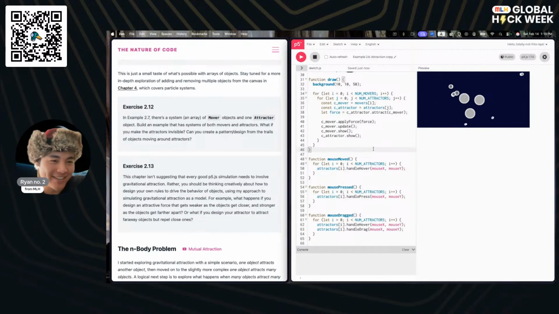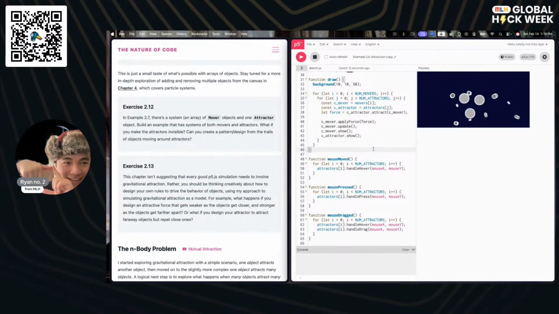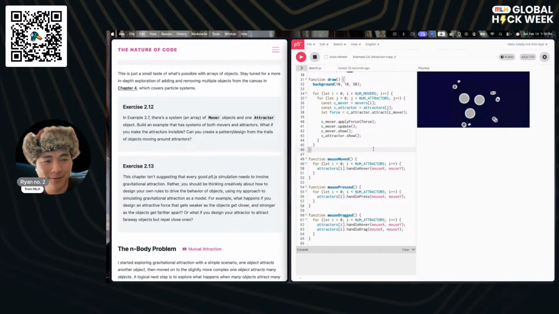Actually, as a random personal project of mine, or maybe as a personal project for anybody here, one thing I want to do is have a mini display that I can load up any P5 animation on to just play there as a wallpaper.